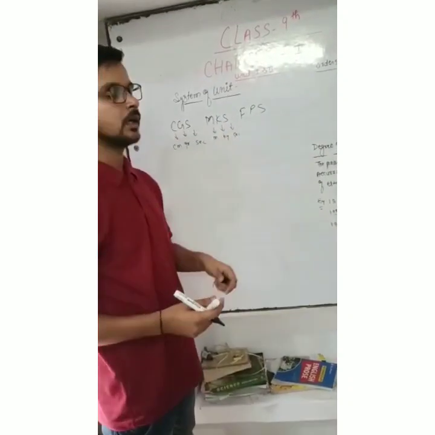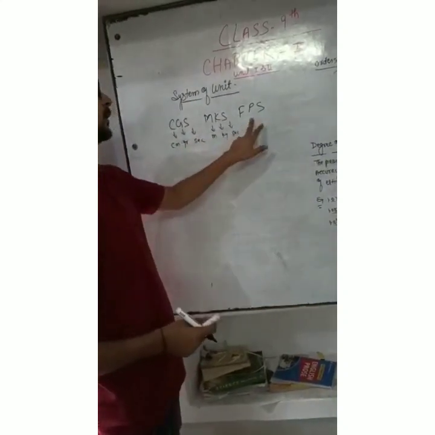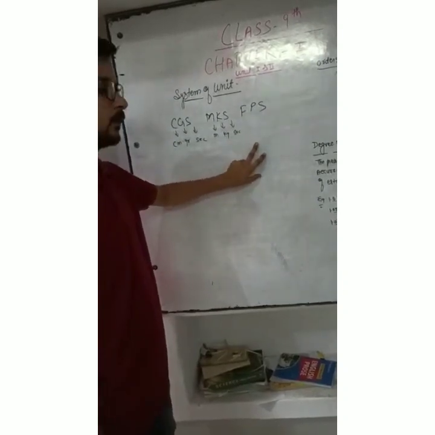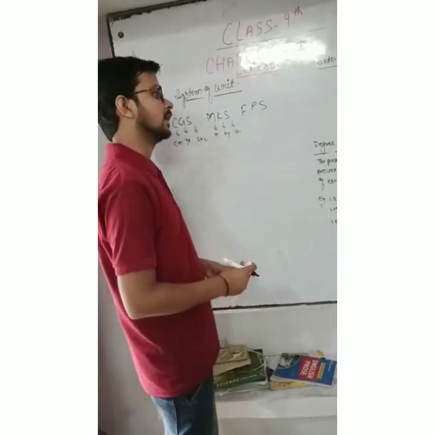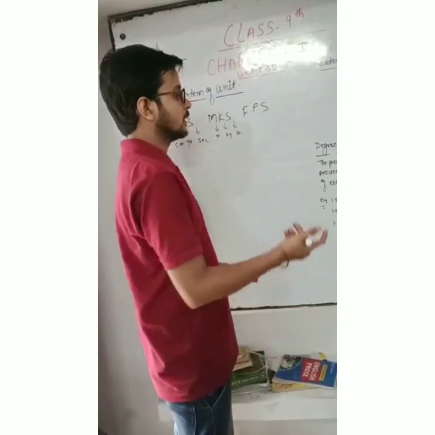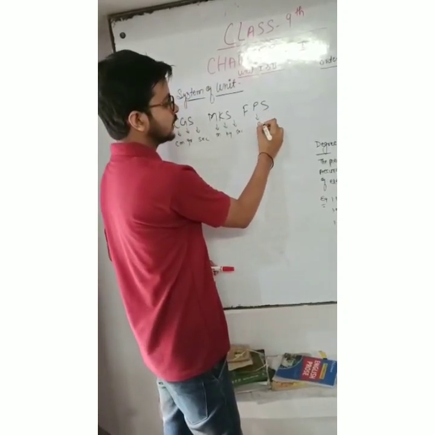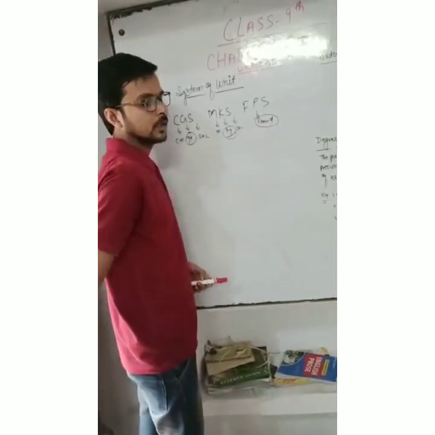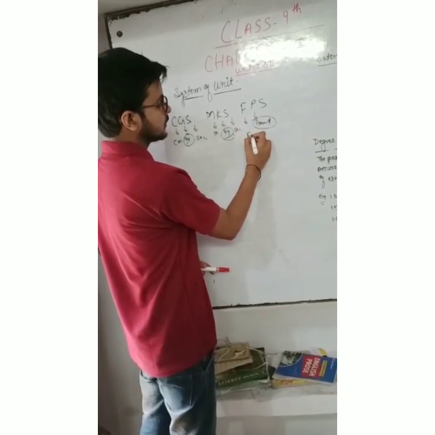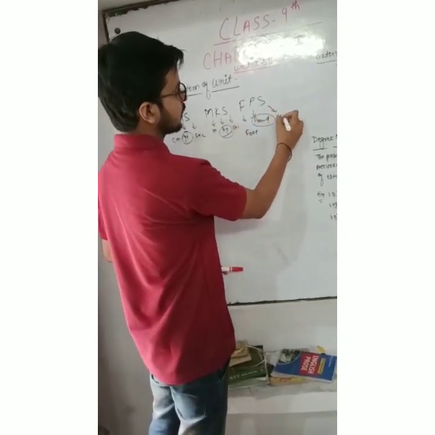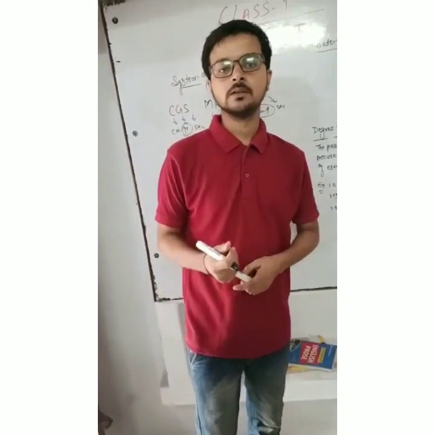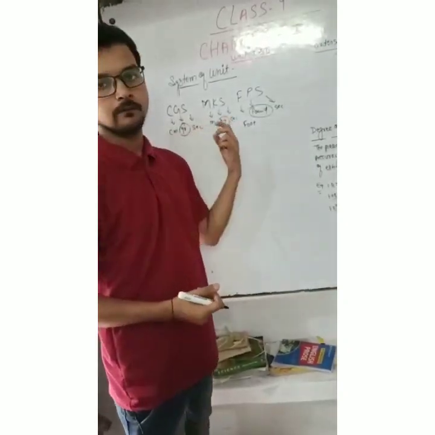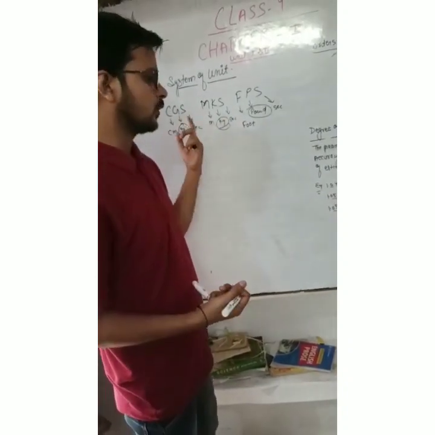We use two types of systems in India, but the FPS system is used in European countries as well as in India, because we Indians are very multi-talented. You know that if we take a birthday cake, we take it in pounds. So we use kg, gram as well as pound in India. And F is foot and S is also second, because time is the same everywhere. Students, these are the systems used in physics overall.